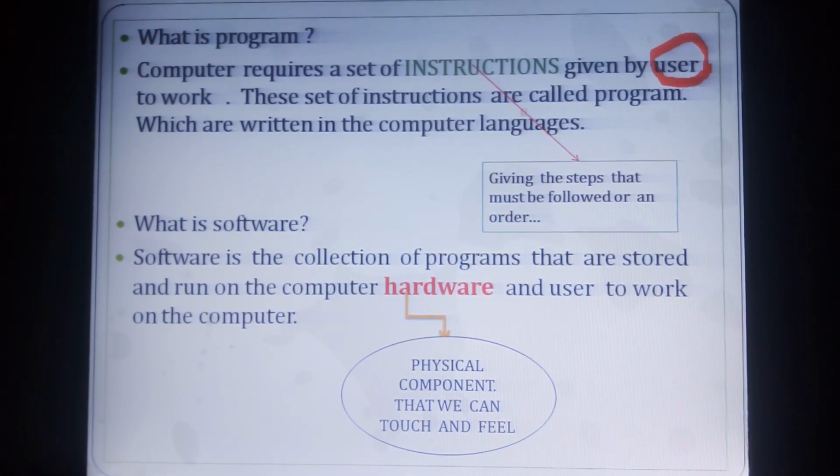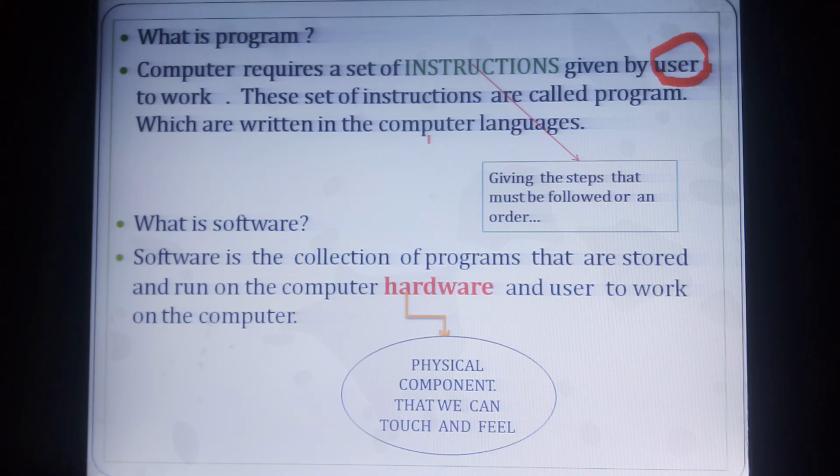These sets of instructions are called a program, which is written in a computer language. Computer languages are different languages like C, C++, Java and many more.